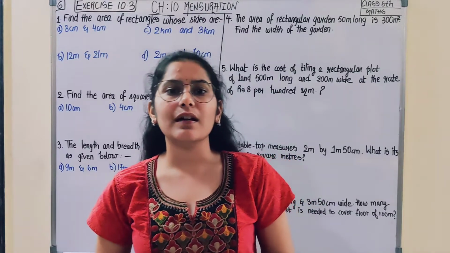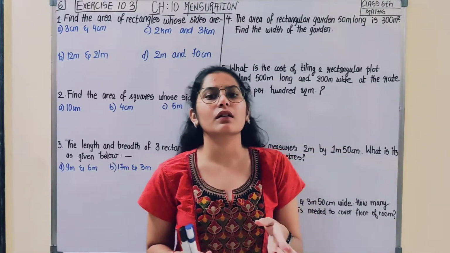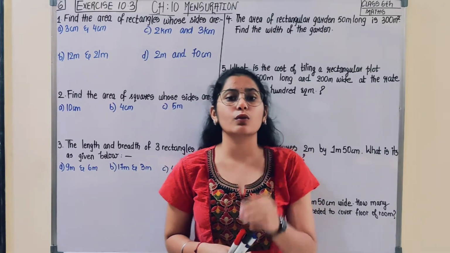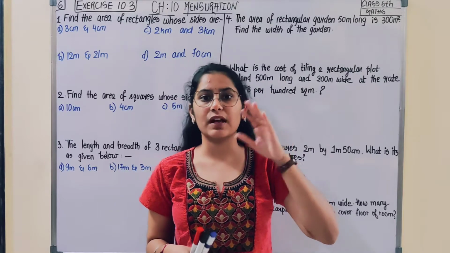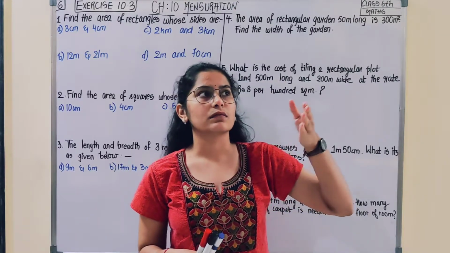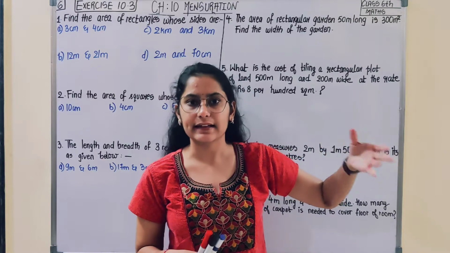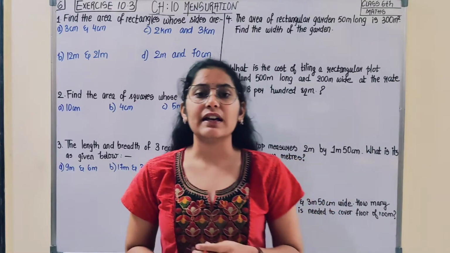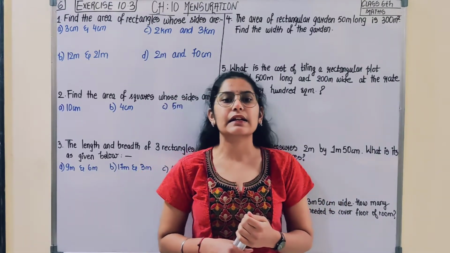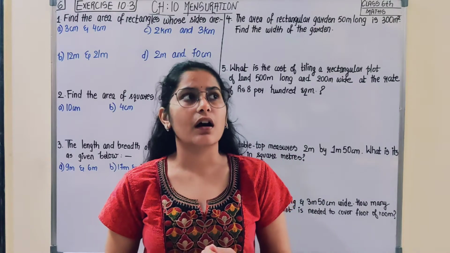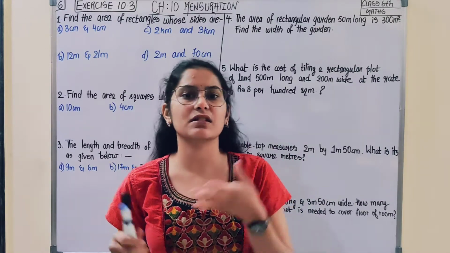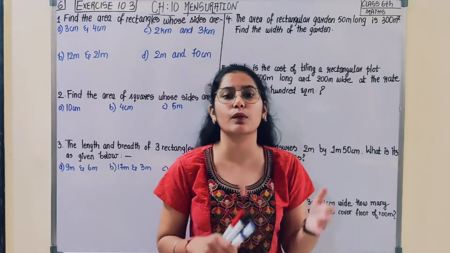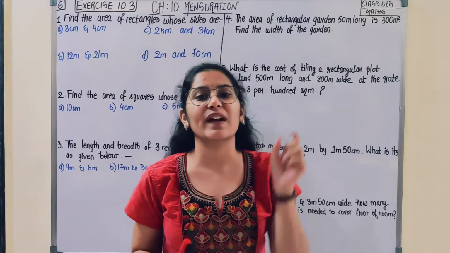Okay, so in this video lecture we would be discussing questions related to formulas, based on calculation of area of rectangle or area of square, which we have already discussed in video lecture 5. What we discussed in video lecture 5 is how we started with the calculation of area. What is area? How can we calculate it using a graph paper or a squared paper, in terms of square units?